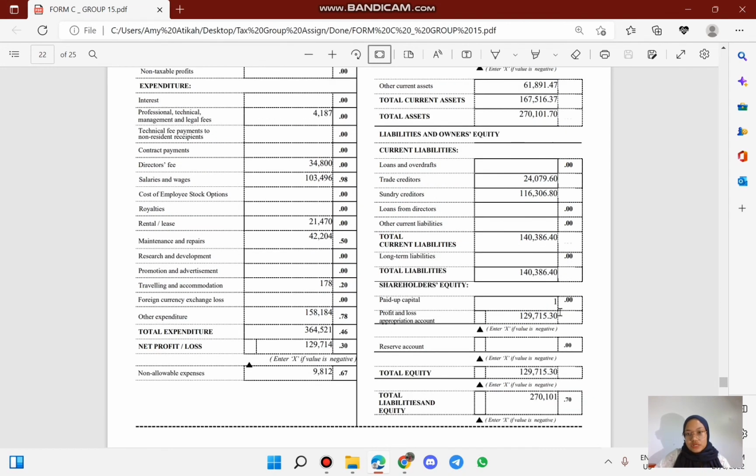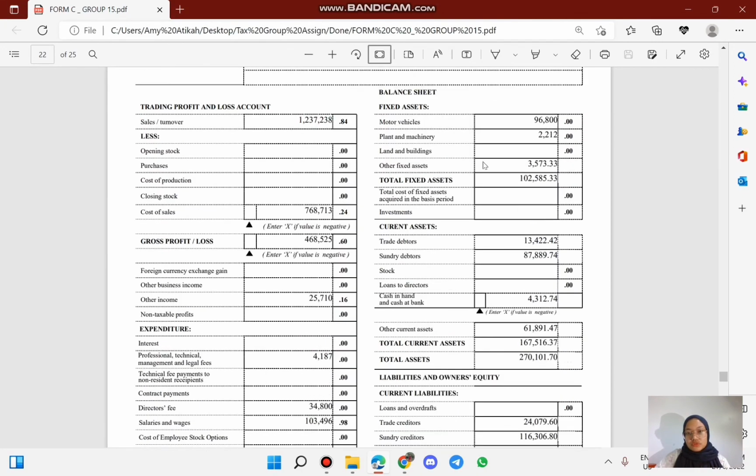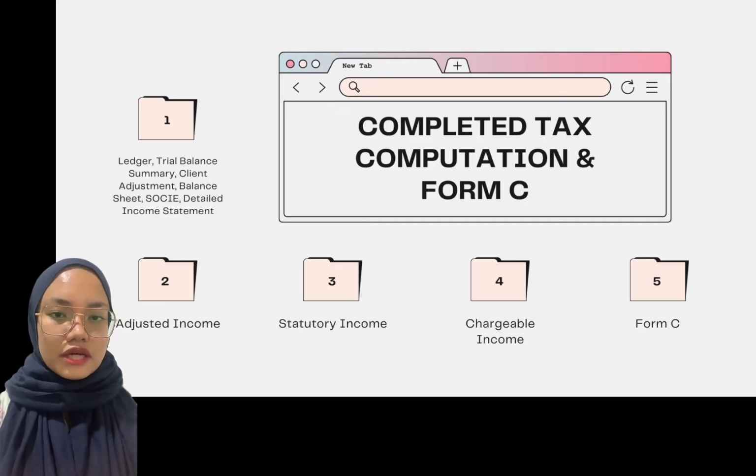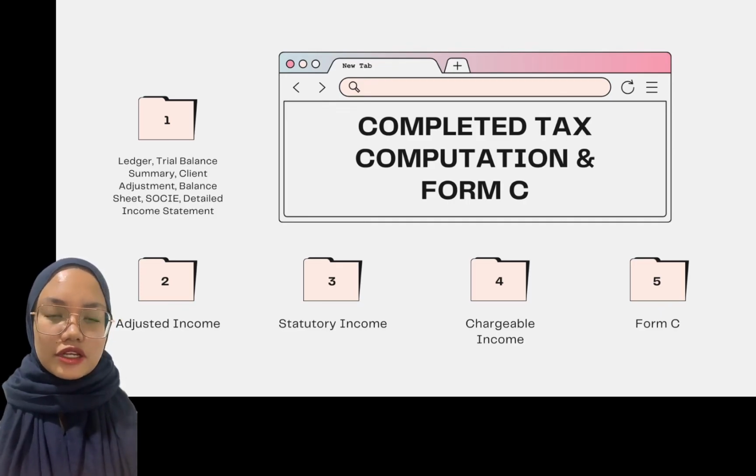So here are the result. To note the balance sheet is correct or not, the total asset will be the same with the total liability and equity. Okay, that's all from me in completing the Form C and also explaining you the overall of the